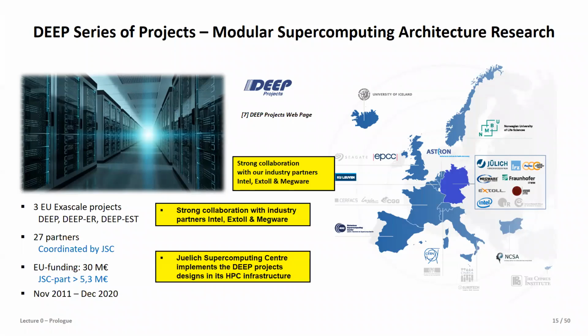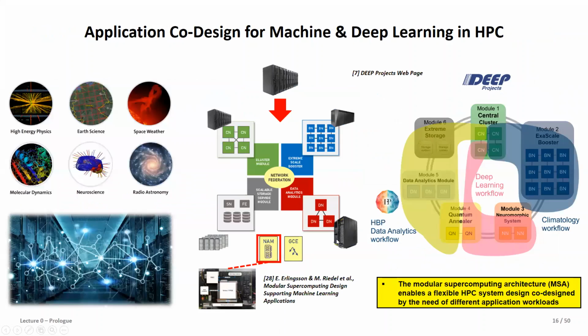This brings us to the DEEP series of projects in which we have been participating from the University of Iceland, and which was driven by Jülich to establish this modular supercomputer design together with vendors like Intel, ParTec and Megware, which are all in the field of HPC, together with many other application developers, CERN you see here, but also the Norwegian University of Life Sciences, for example. So an interesting set of partners where we have mostly been the experts of data intensive sciences in this project,